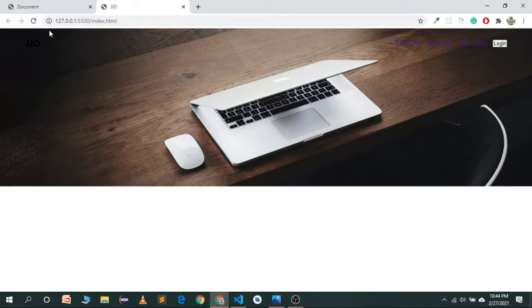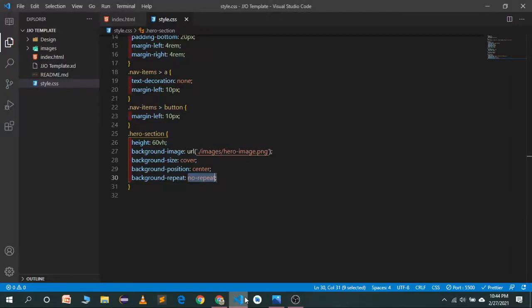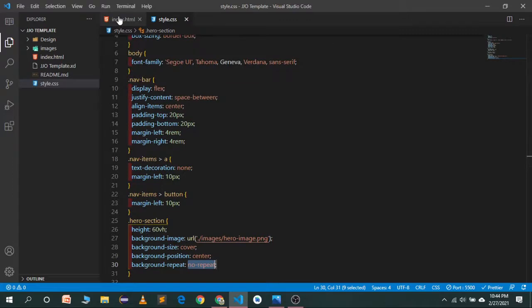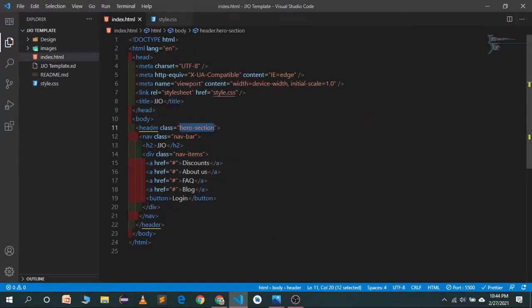We just have to change the color of our logo and the color of our nav items so we can see them, and we also have to style our login button. So let's give it a class name of logo.